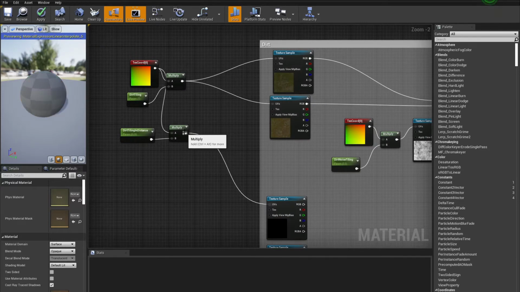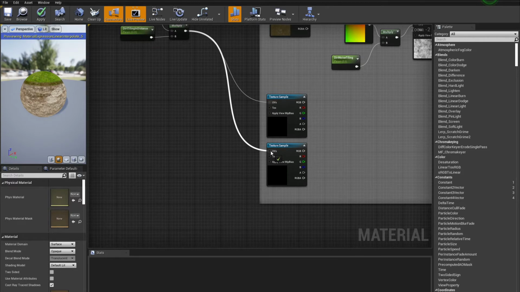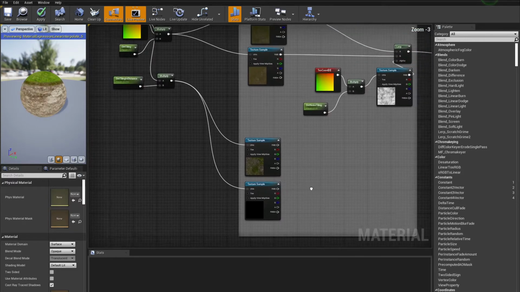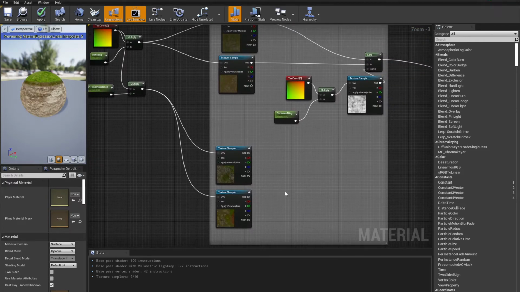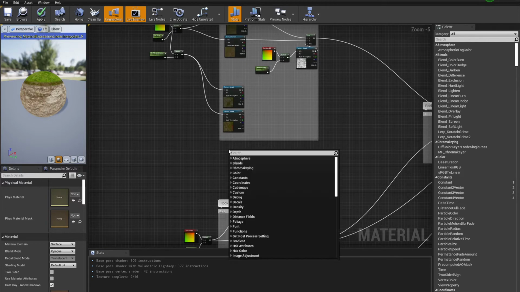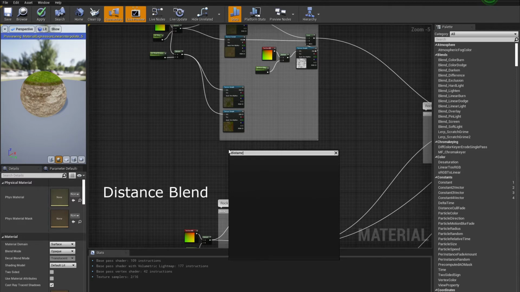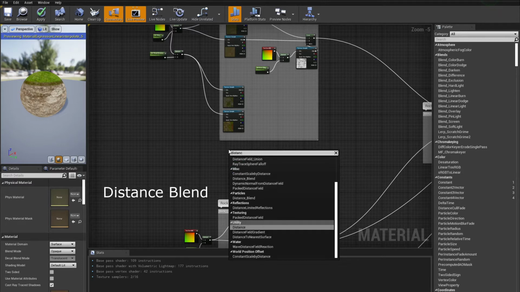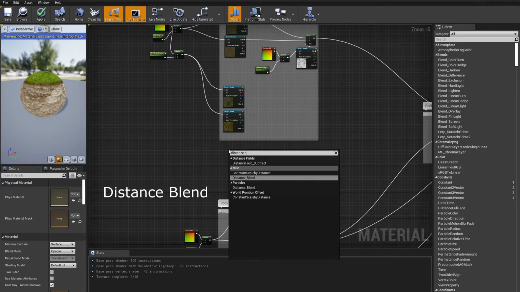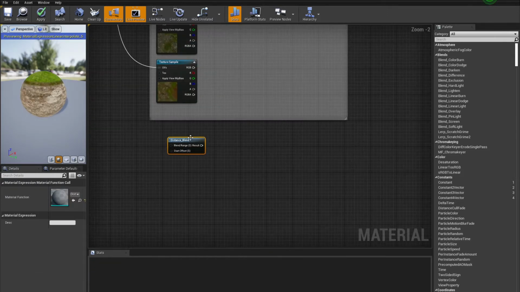I'm not even sure in hindsight that it's really important with the ground, because that's not a big detail anyway. But that's specific to my material. For yours, it can be important. And we connect the UVs to the multiply that's controlled by the distance scalar perimeter. And now we are gonna add a distance blend node,